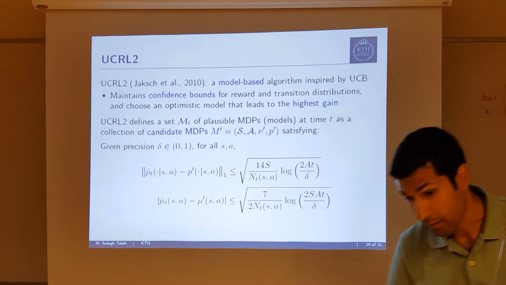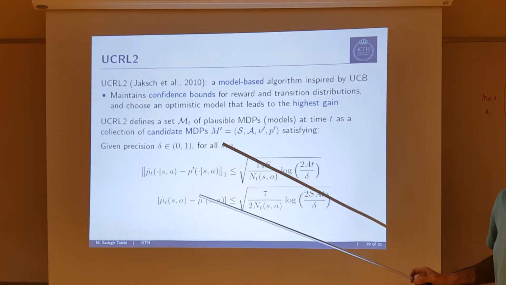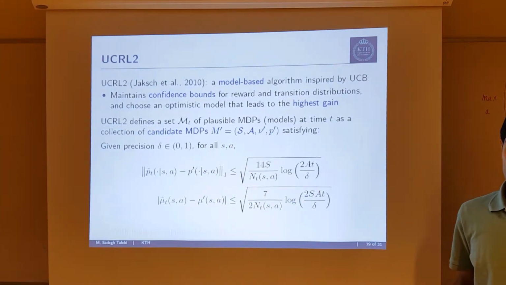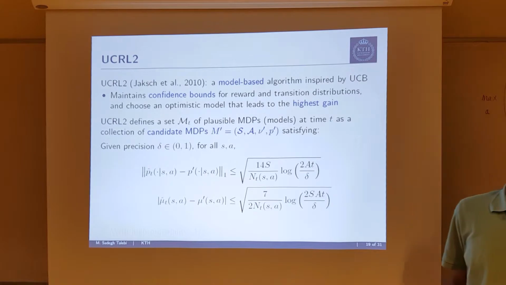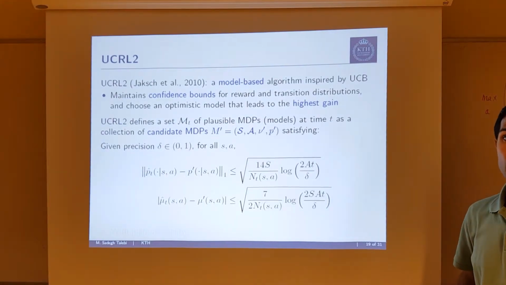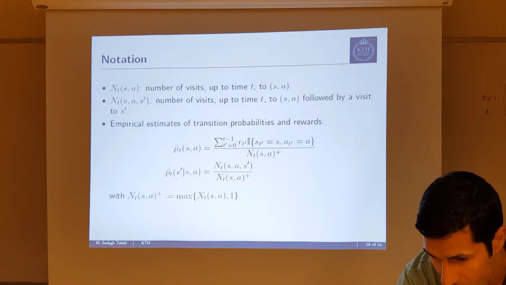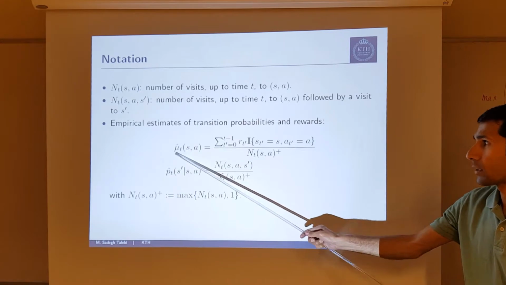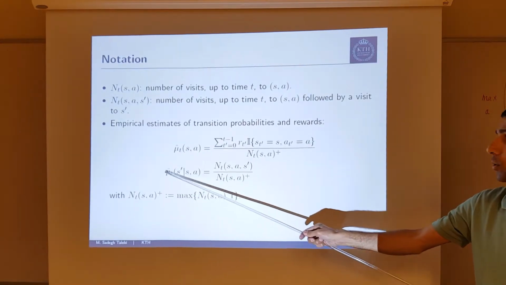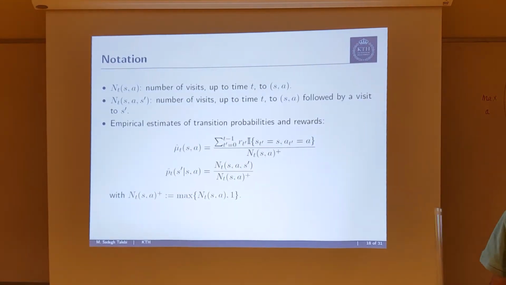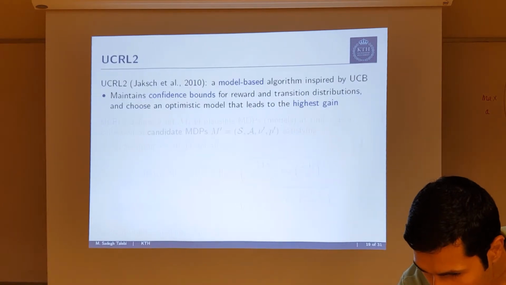More precisely, it does like this. Basically, at each time t, you don't know your MDP, but you can, given your observations so far, and your observations are these empirical things, right? These are your observations. At time t, you know what this is for all SA, and you know what this is for all SA and S prime, right? Given this,